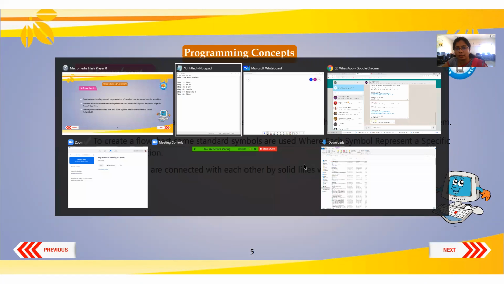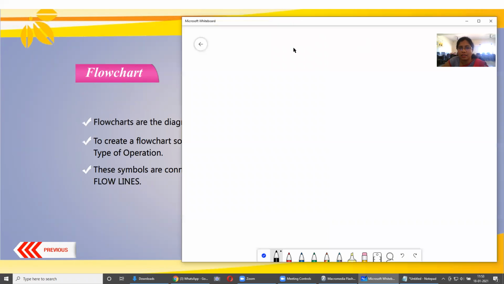I'll just show you here. Imagine I have to take this one. So my flowchart will look something like this. These shapes which I'm talking about, in them we write the instructions. Here I'm writing start, because it always has to start with the start.